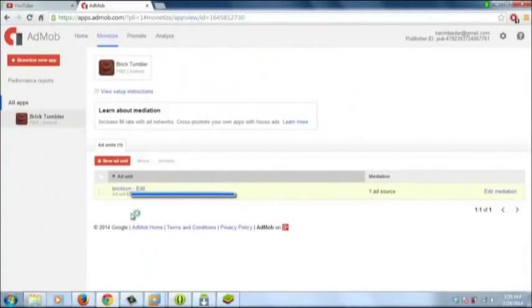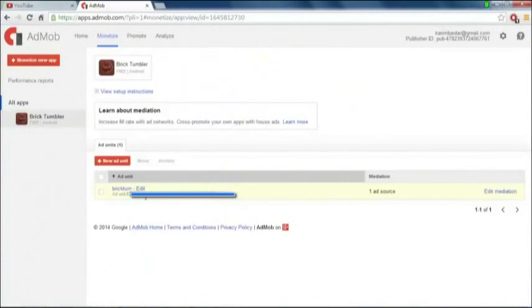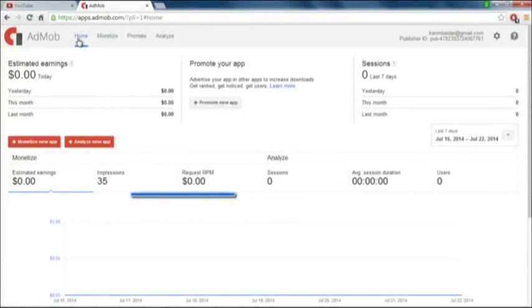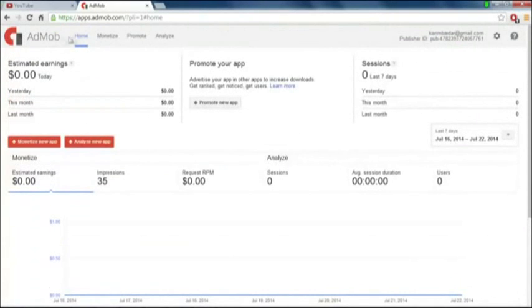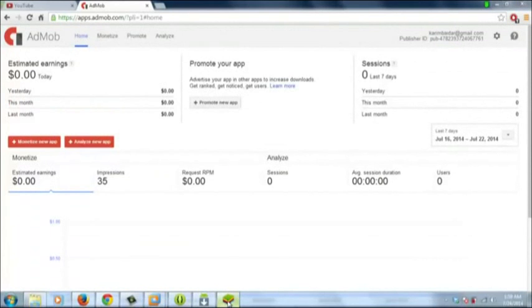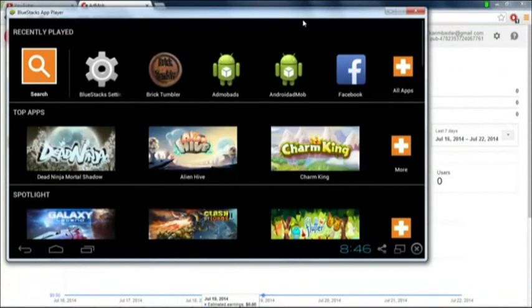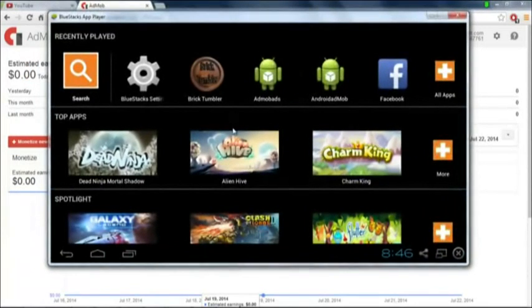Whenever you are using the Admob advertisement in your application, you can get into the home section and check out how much earnings you have got from your Admob advertisement and how many impressions you have got, and the full detail will be provided in here in the home section of Admob. Now in order to check our application, I'm going to open my BlueStacks emulator, that is an